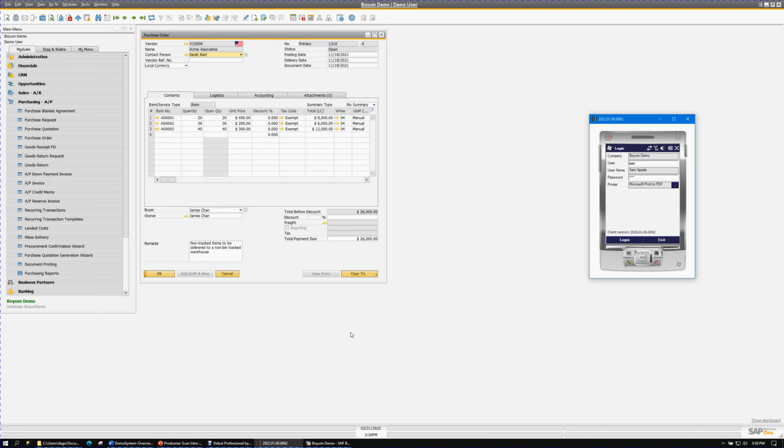He puts in his user ID and his scan password, and the system shows him the menu options that have been enabled for him through security by the system administrator. Sam can go ahead and do goods receipt purchase orders, purchase receiving that is. He can ship goods out via picking, he can do packing, he can do credits, and he can do bin transfers,